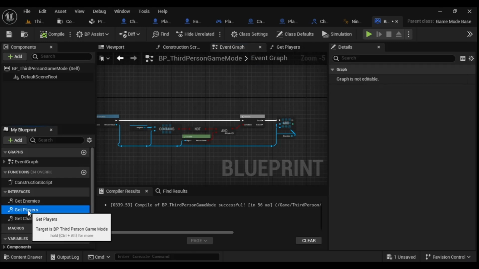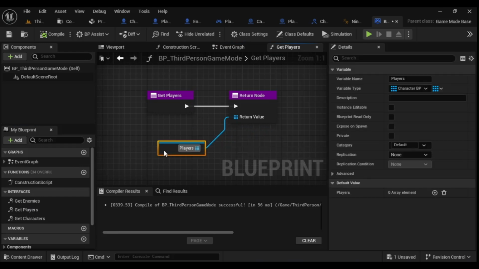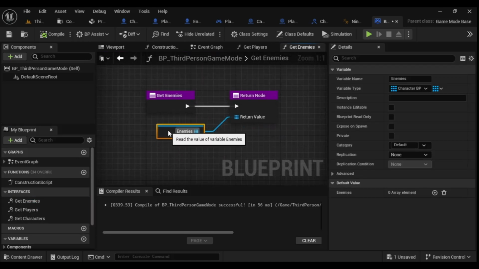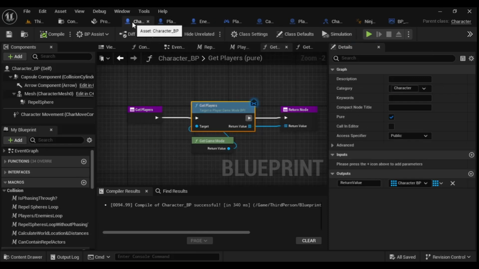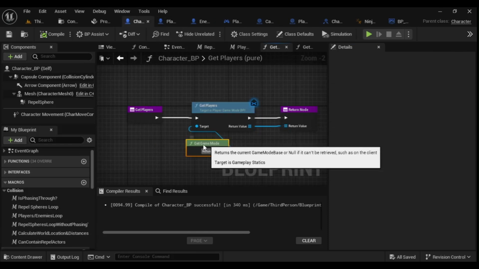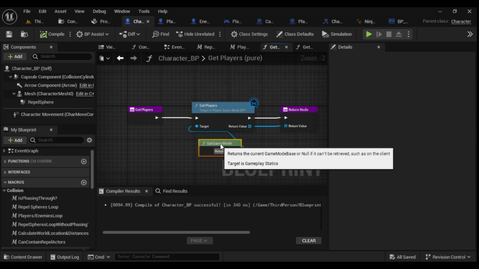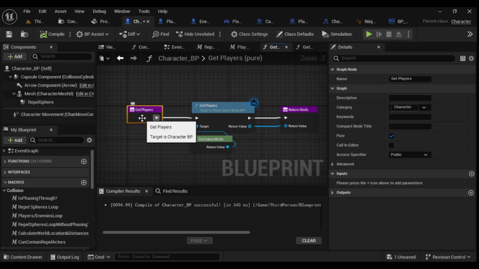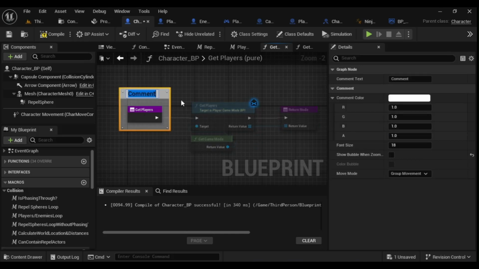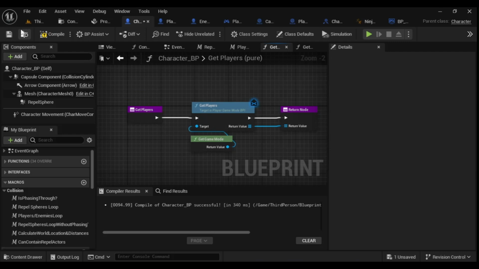What I'm getting at here is that I'm using these variables within the interfaces so that way I can extract the data from the get game mode without casting, because casting affects the frames per second and overall performance within